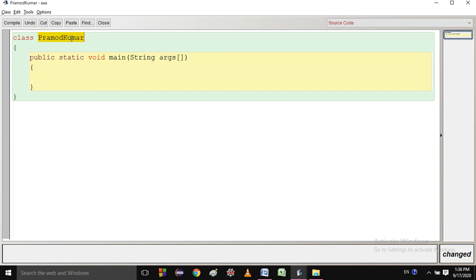As I explained in very early classes, a cow can eat, a cow can walk. These are the actions of the cow, and actions of a cow in Java are called methods. The next thing is, the cow contains legs, ears, hair. All these things are the properties of the cow, and in Java the properties are called variables.